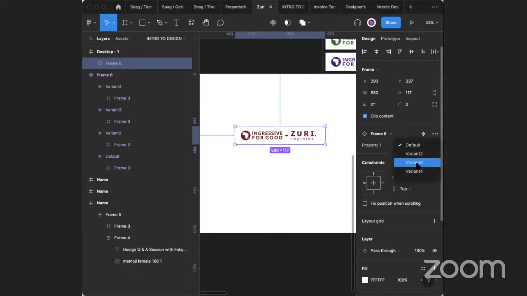I can decide to change the variant to, oh, I need the blue one instead, or I need the green one, or I need the purple one, dependent. So these have different variants, that is different variations of that particular original component that you created. So these are part of the things that